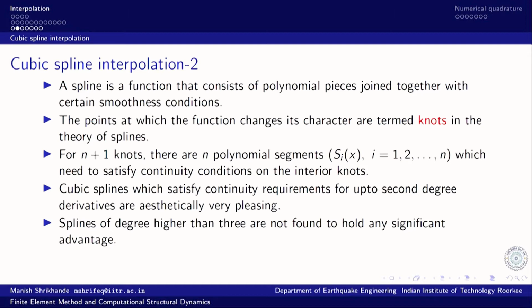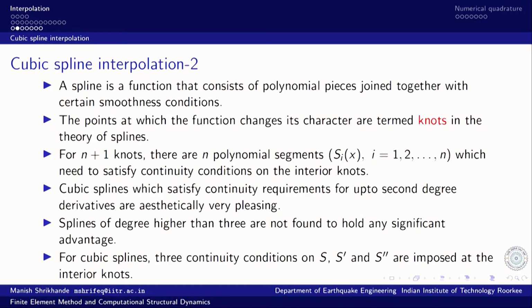If we leave it to plotting software to plot a best fit curve, chances are it will be a cubic spline fit. Splines of degree higher than 3, in addition to needing more computation,